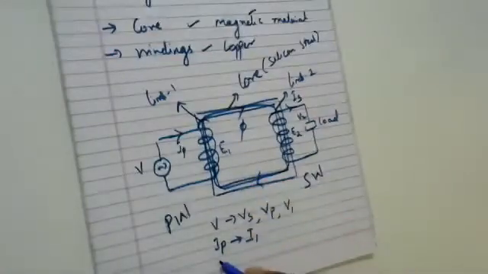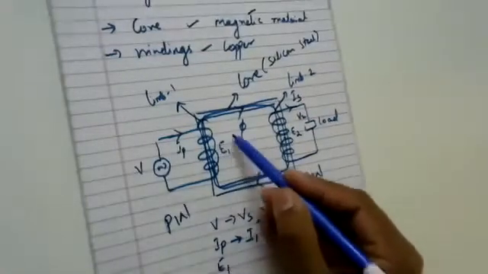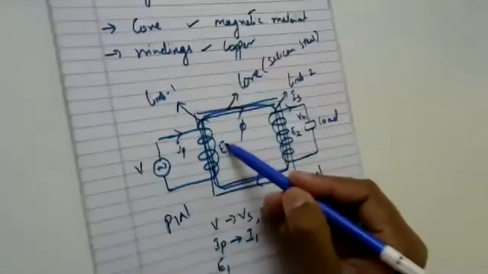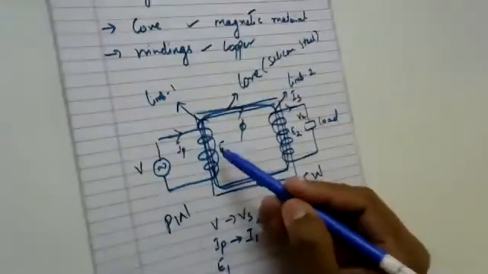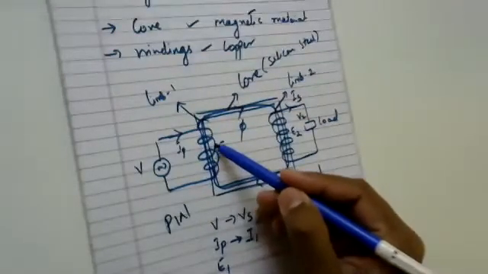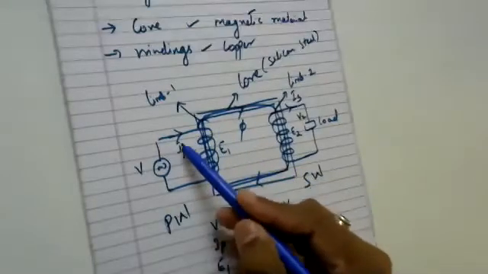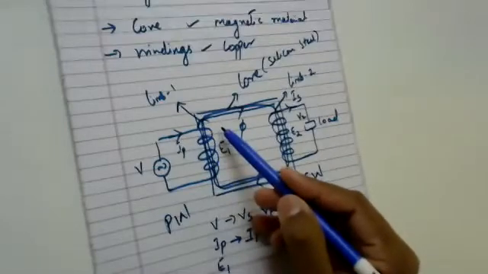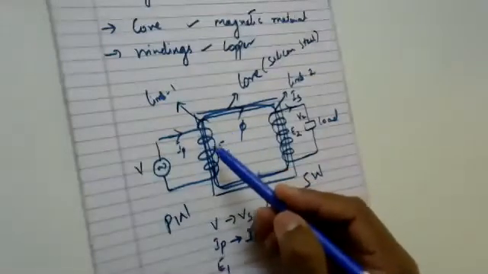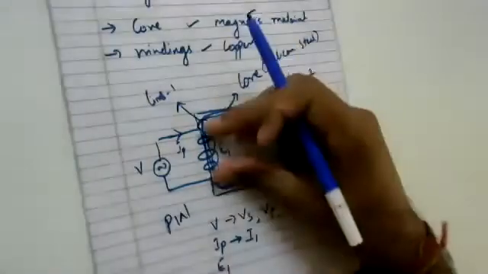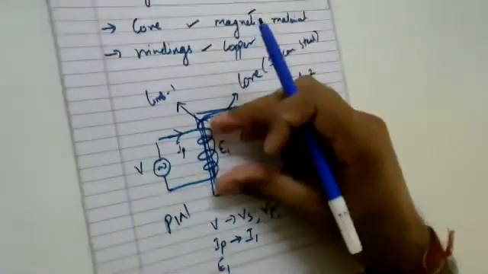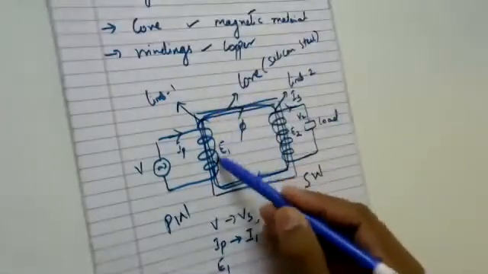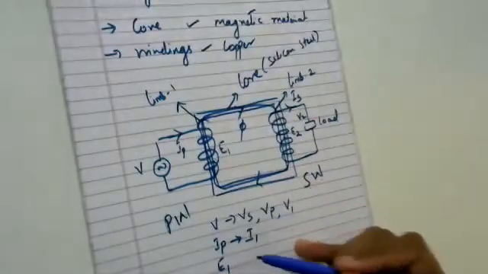What is E1? E1 is the self-induced EMF. Why is it called self-induced? Because it is an EMF produced because of flux linkage of its own coil. Since IP, the primary current, produces a flux when it flows in this winding, when this flux linkage changes, the EMF induced across this coil also changes. Therefore it produces an EMF called the self-induced EMF.